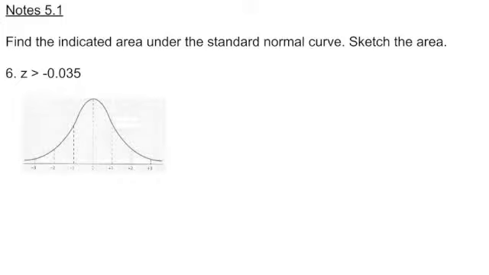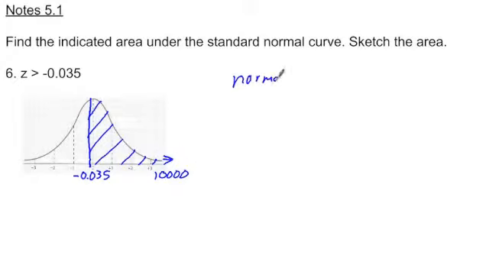Okay. On the next problem, we're looking to the right of negative 0.035. We're going to be pretty close to the mean here. We're going to the right because we're looking for greater than, so we approximate this with 10,000. When we go to use the normal CDF, we start at negative 0.035, comma 10,000, and that equals